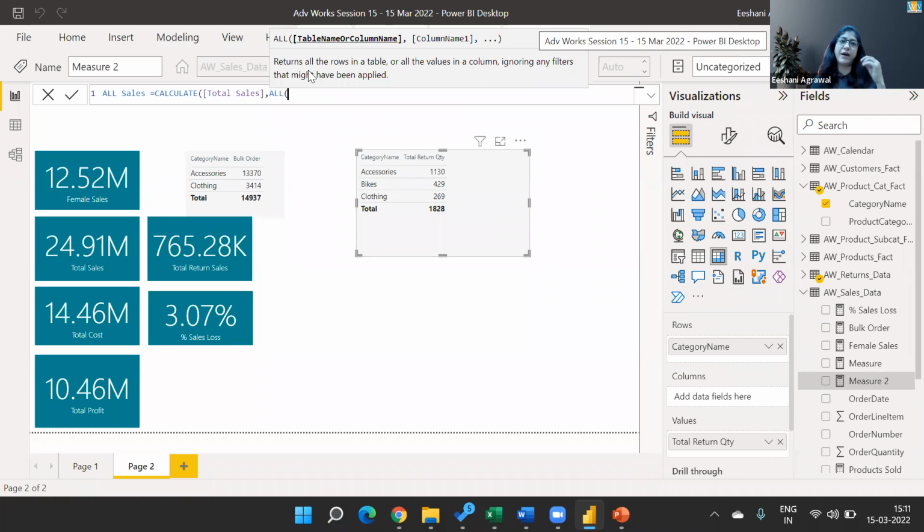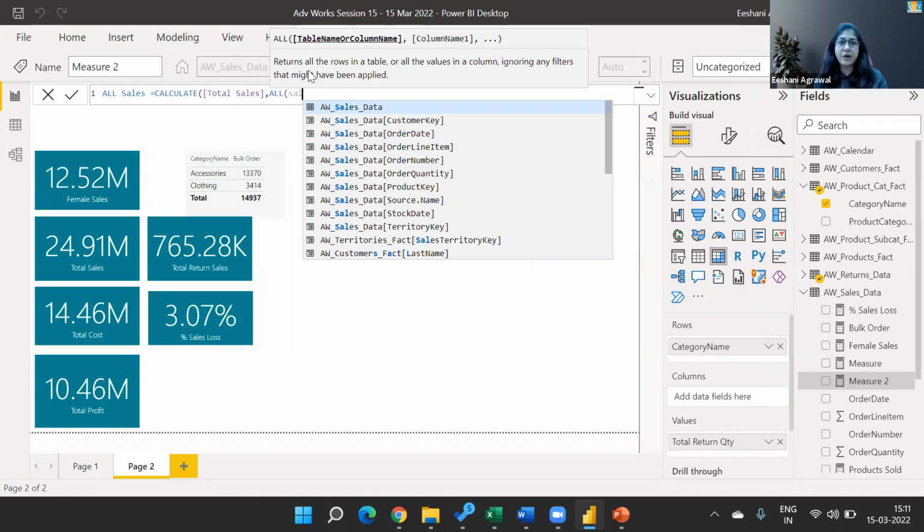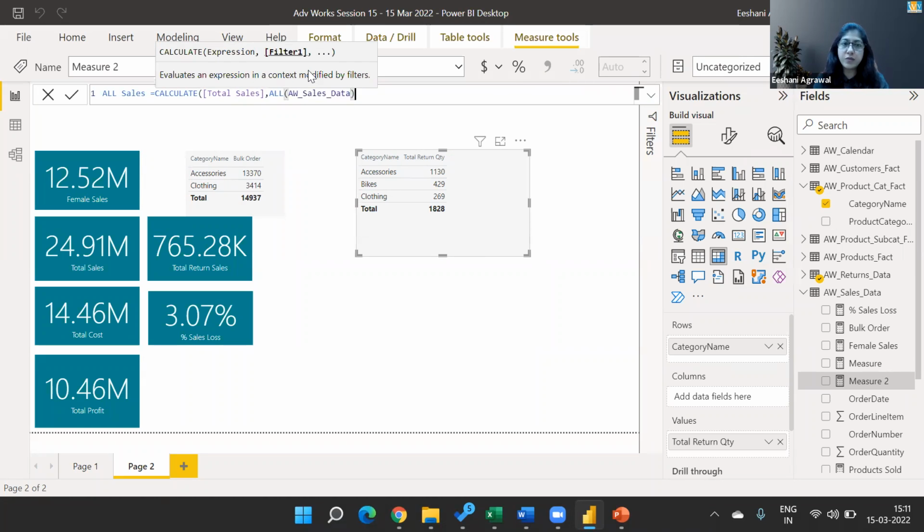Right? So two things. If I give the table name, if I say, okay, sales data, what this will do, all the columns that are there in this table called sales data, it will remove the filters from there and then evaluate total sales. So if I put it over here like this and press enter,